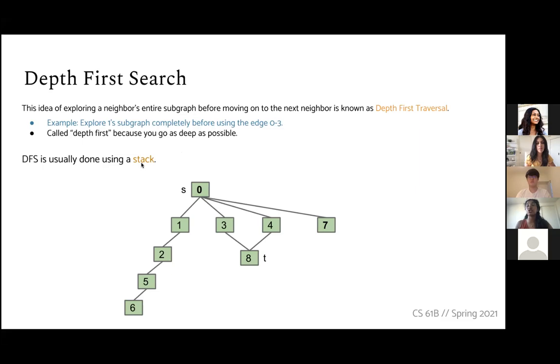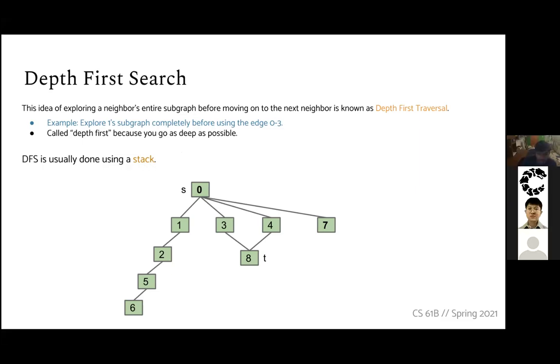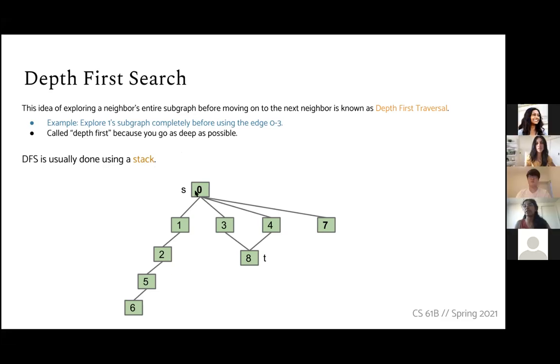DFS is usually done with a stack, and depth first search exists because you're literally seeing how deep you can go. For example, we can go through this one here, and here we can pick any arbitrary node at first. I'm going to pick 0 because it's just standing out there very obviously. And instead of going from 0 to 3,